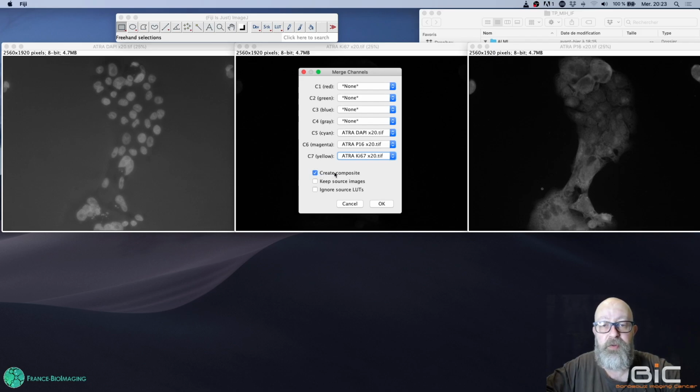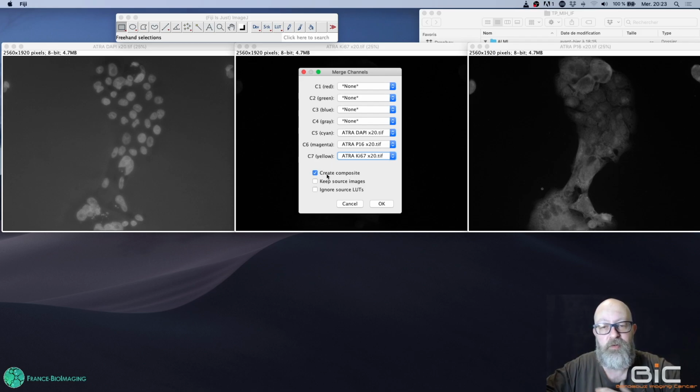I want to create a composite, because if I don't create a composite, then I will end up with an RGB image, which is a color image with 3 channels on which I will struggle to do additional processing. So keeping it as a composite is better. But be warned that composite is something that is specific to ImageJ. For instance, if you reopen a composite within Photoshop, you won't see the 3 layers. And before reopening it into Photoshop, or maybe re-importing it into PowerPoint, you would have to go to Image, Type,